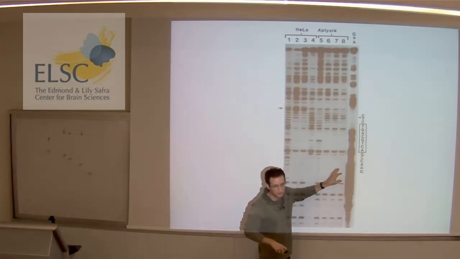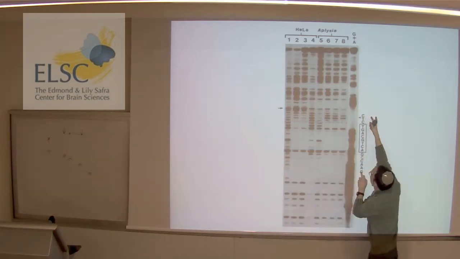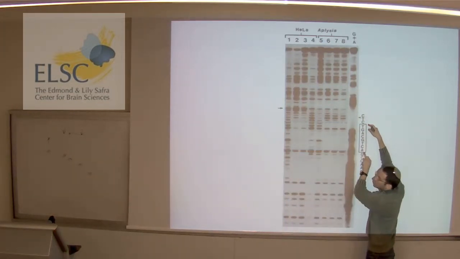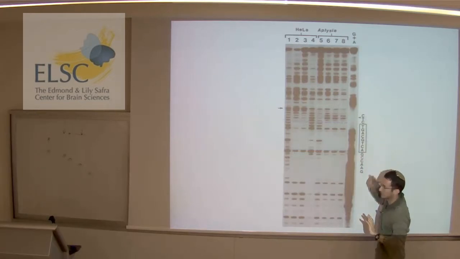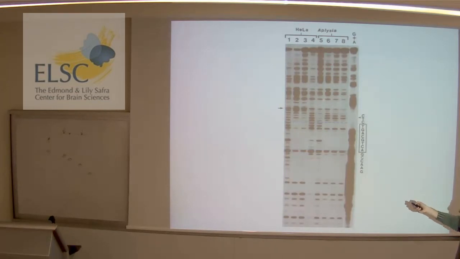So this is the part in the gel that is the CRE? Yeah, this is the part in the gel that is the CRE, exactly. So that's the CRE, and that's the already known from before binding site with the CRE-BP. Okay, and now, so this was the fifth lane. And this is what people call the DNase 1